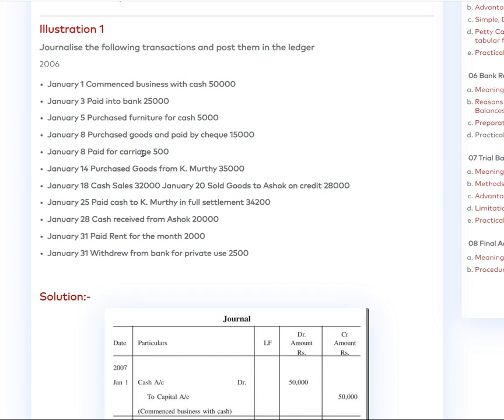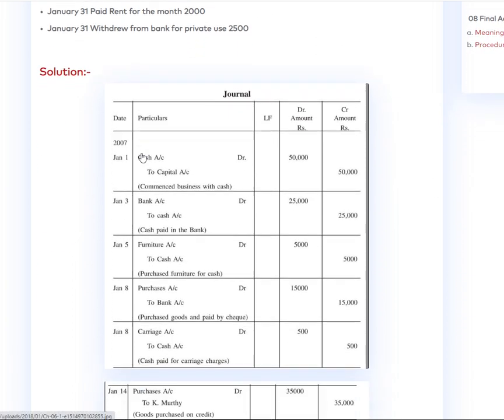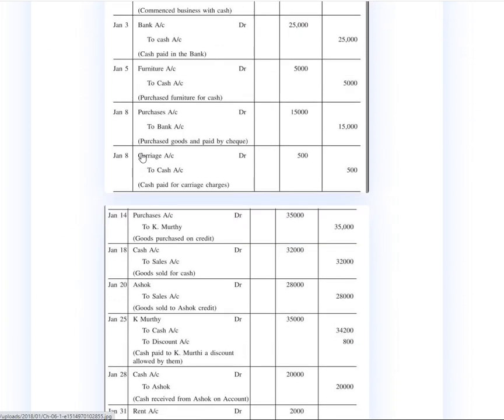I said that carriage is a form of expenses. When we are paying carriage, you are spending some amount, that is, you are paying the cash here. Carriage is a form of expenses. Expenses are increasing, and when expenses increase, you have to debit that, and cash is decreasing, which you should credit. Cash is an asset, the asset is decreasing here, expenses are increasing. So here carriage account debtor to cash account, 500 rupees, being cash paid for carriage charges,